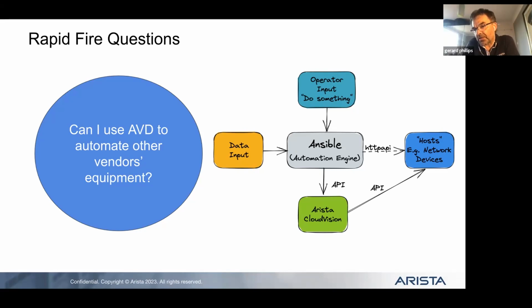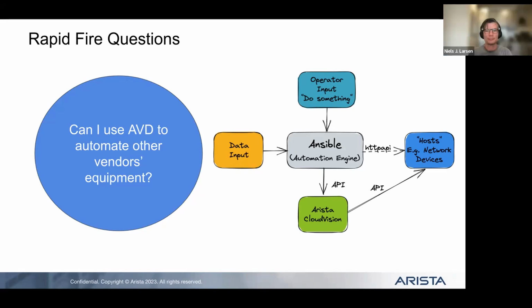You could use any other playbooks, tools, modules, stuff in the same playbook. It's just that the bits you want for Arista will be using AVD, and the bits you want for something else will be using something else. So I think maybe it's a badly worded question. I have seen that CVC Canada have built some automation of some of their endpoints. I believe there's even a repository with that in it. So yeah, I guess the answer sort of is yes.